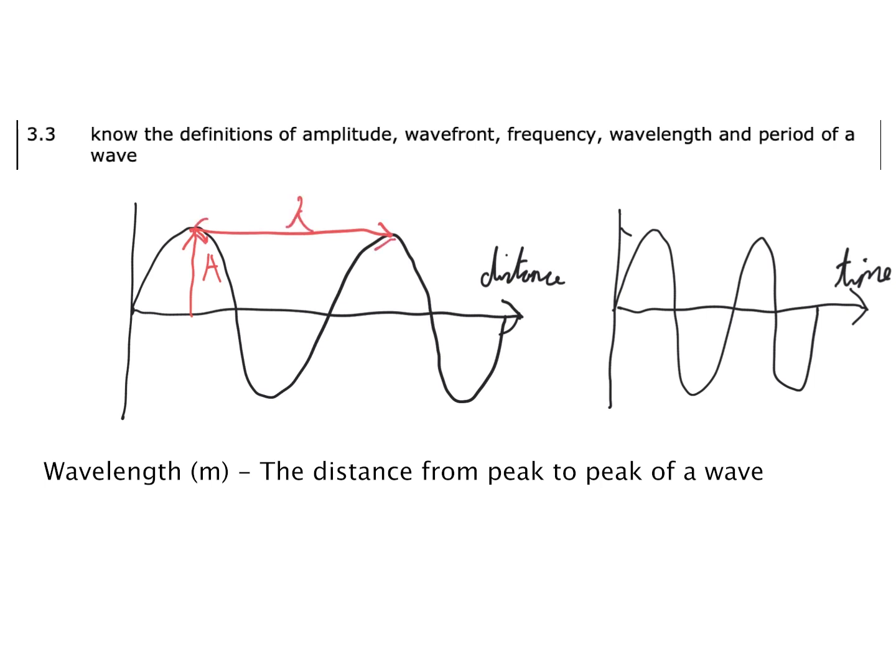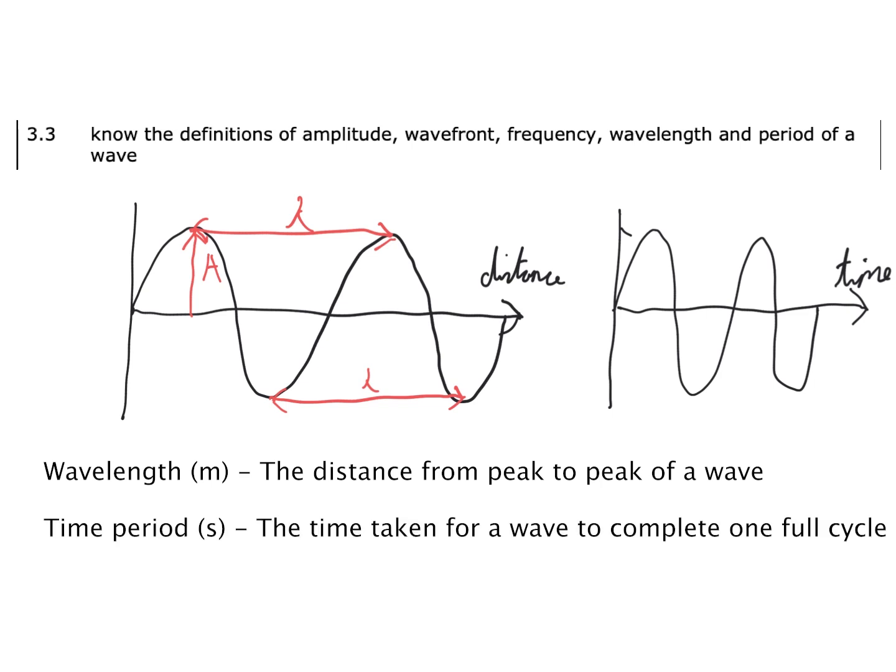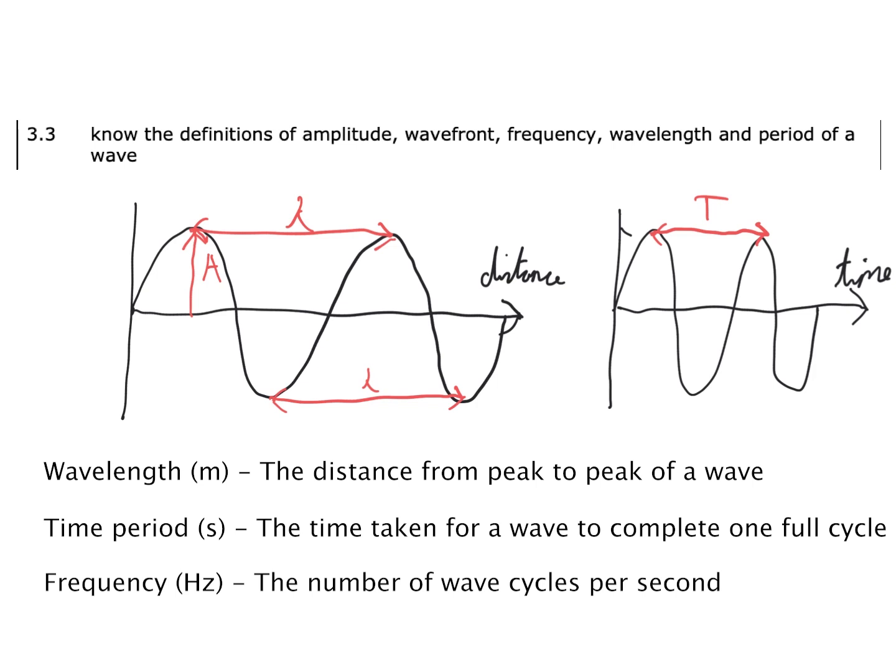A wavelength could also be done from trough to trough. It's really important that our x-axis has distance on it when we're doing the wavelength. The time period is similar to the wavelength, however, it is for time. So it's the time taken between peak to peak of a wave, and that can be shown here on our drawing. And finally, we have frequency, which is the number of full wave cycles in a second,